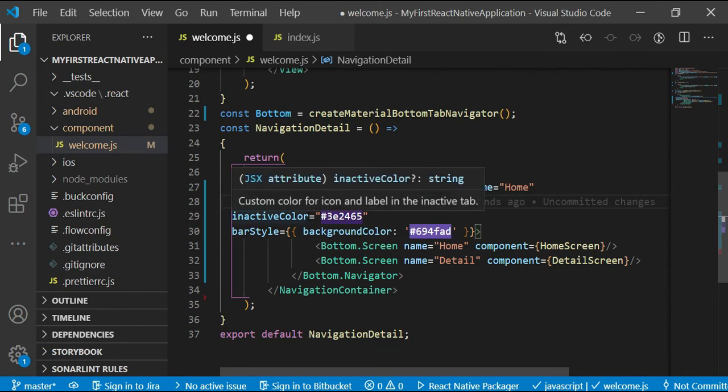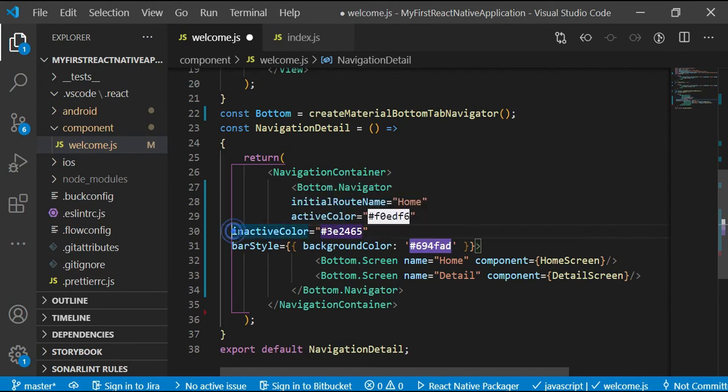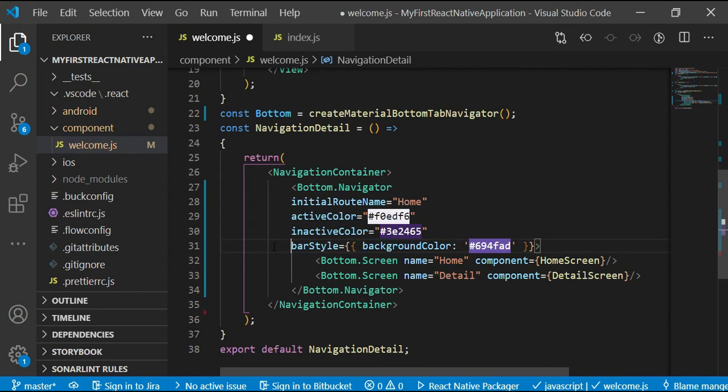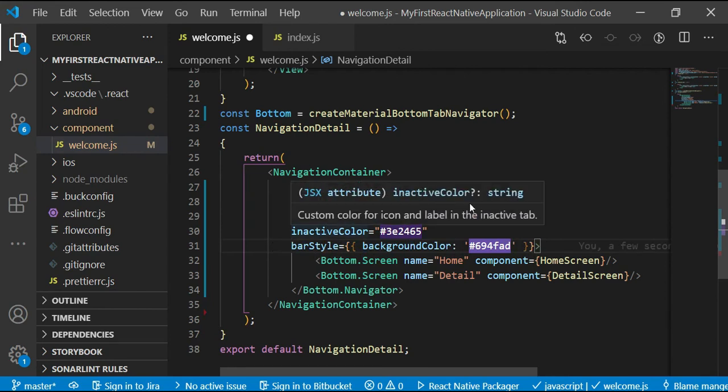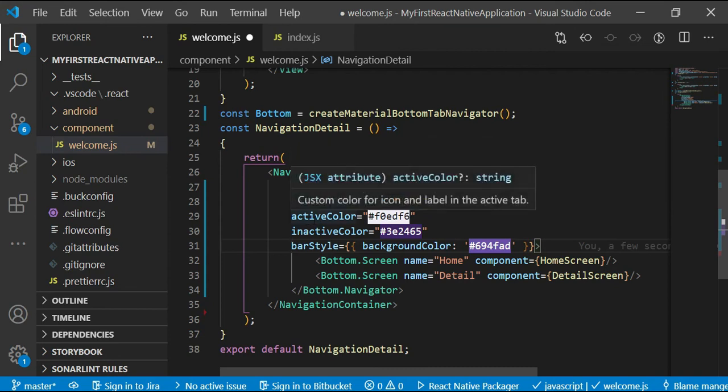For this bottom navigator, I have used some properties. The first one is initial route name, which we already discussed in one of our earlier videos. For initial route name I'm assigning the value home. So when you execute your program, the first screen you will get will be home because of this initial route name. Then I have given some active color.